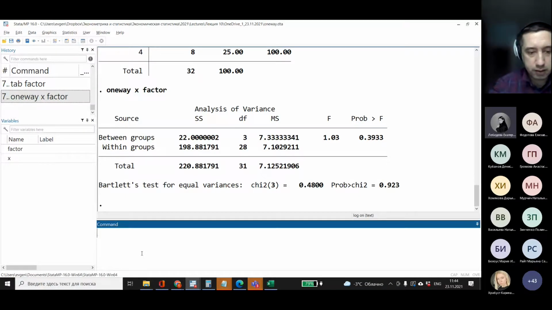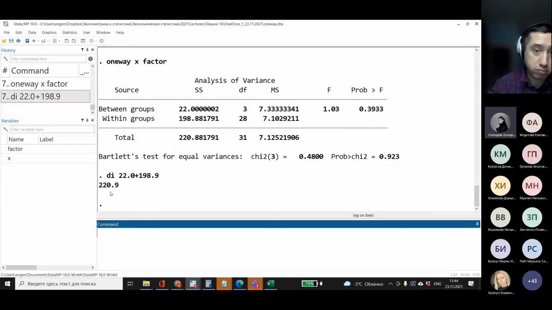Well, we can type 22.0 plus 0.9. Yeah, so indeed, I rounded my numbers, so they are pretty much the same. Well, next